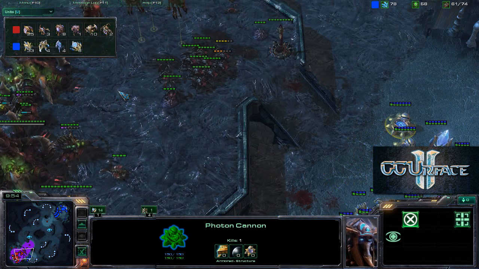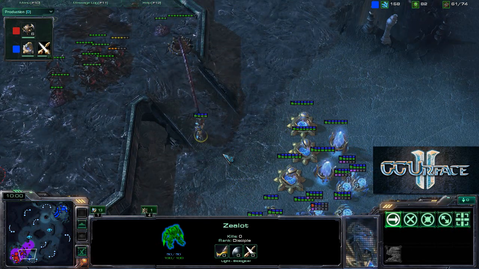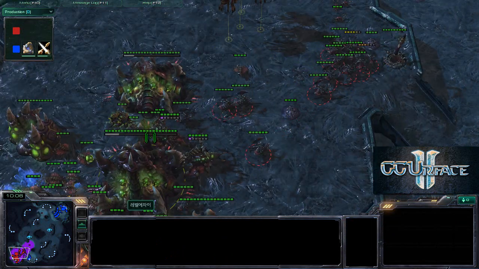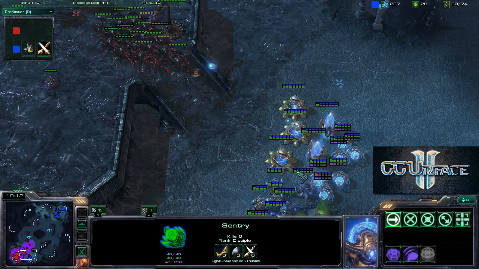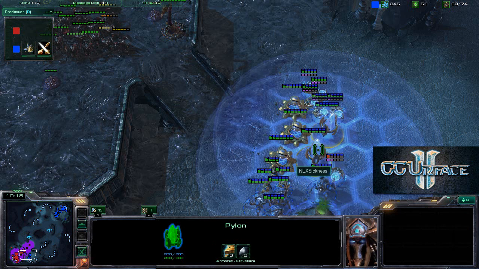And he does have a lot of roaches, but he has no way to get them out of the base, and he is making more and more roaches. One Zealot will run up the ramp to get vision of what's going on inside the base, and he will not see too much. He will see a lot of roaches, which is what his opponent has, and the +1 is being researched at the moment by NEXSickness, and he is still containing the Zerg very successfully with the 3 cannons and 2 pylons